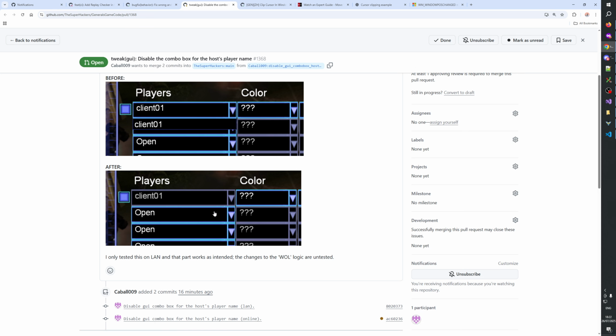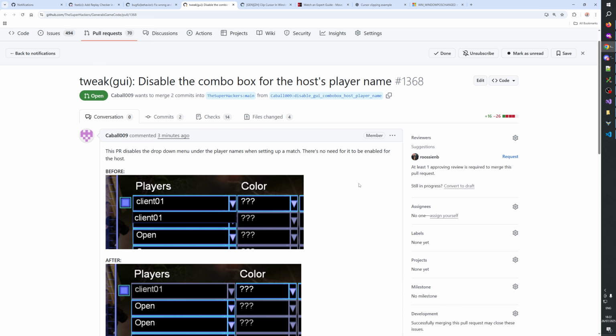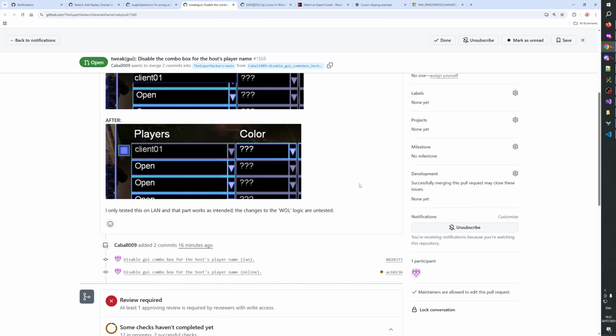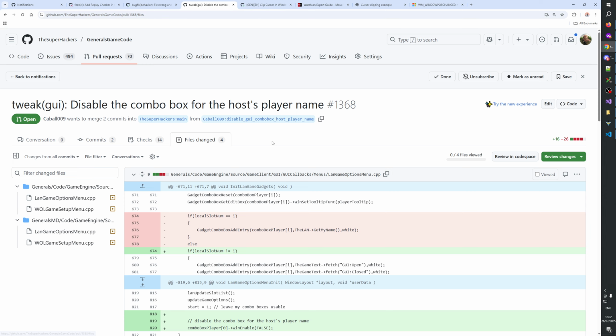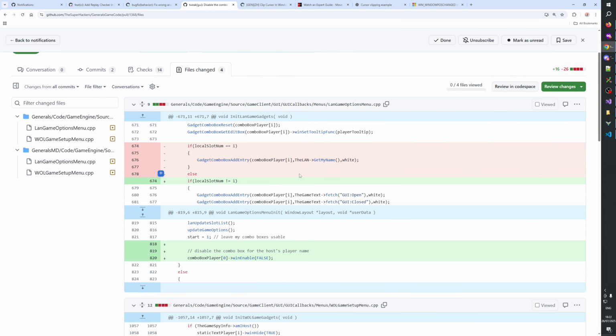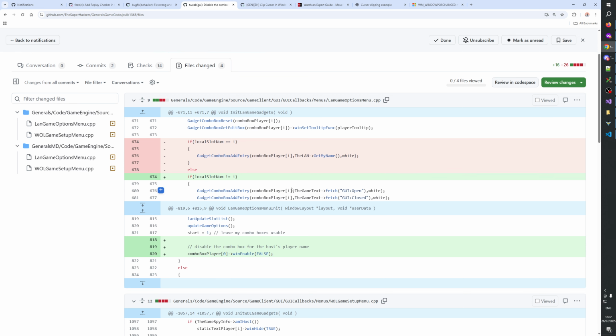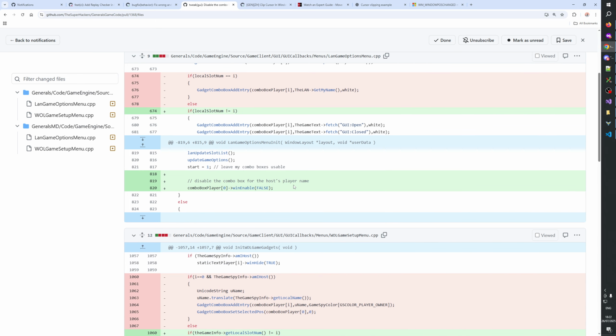Ah, because the slots have... Interesting. That's a really minor change. Disable the comment box for the host's player name.